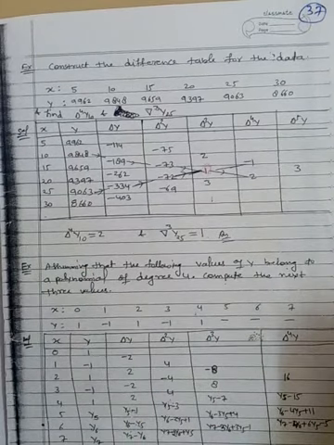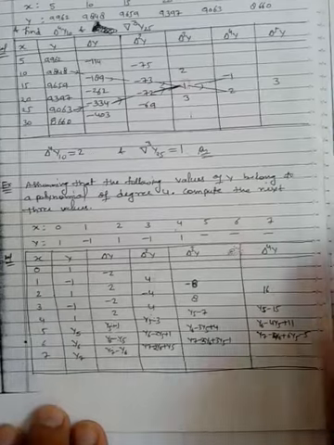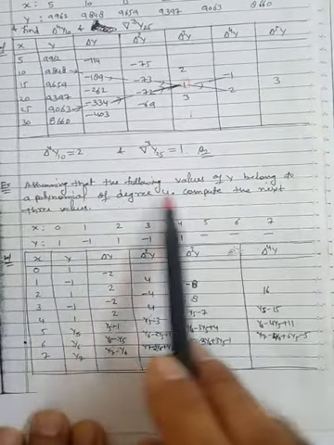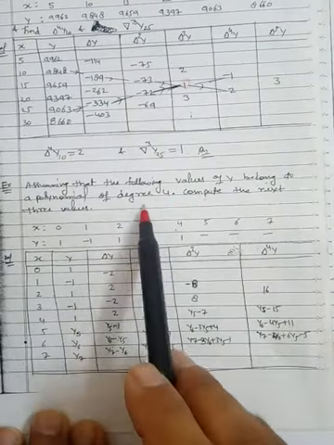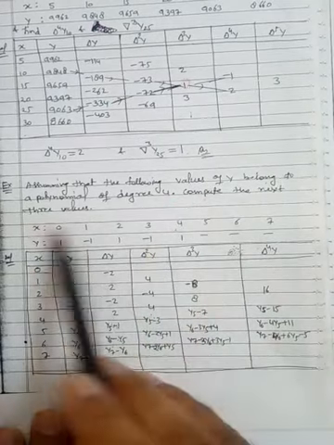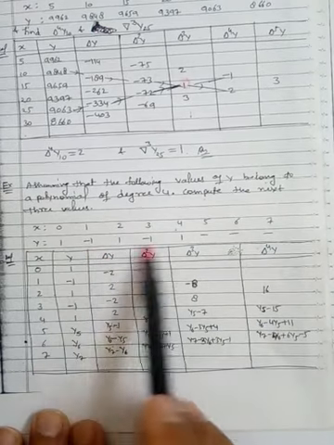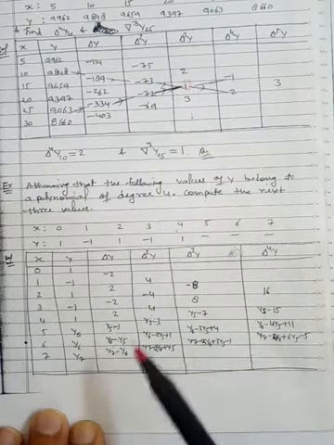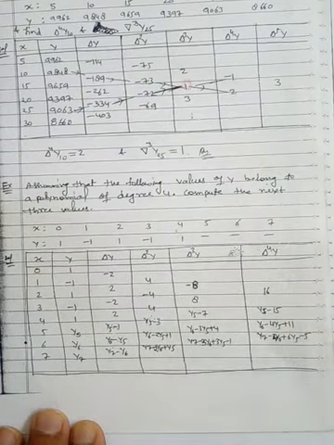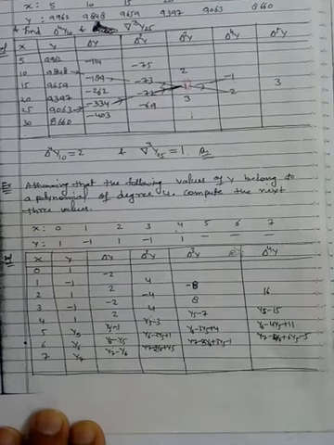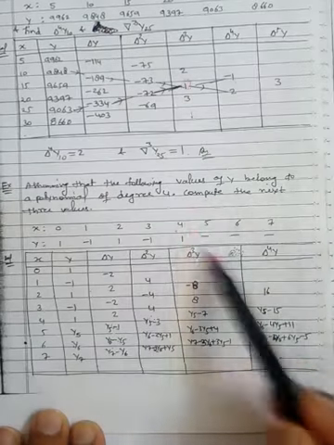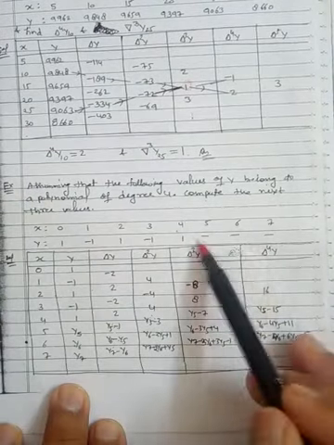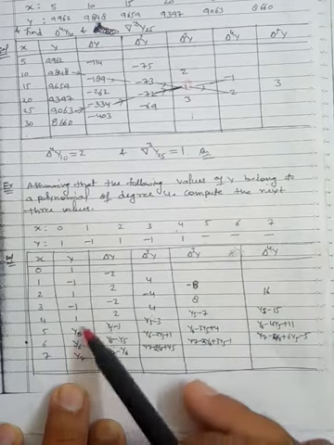Fine. So now the next example is evaluation of missing terms. Assume that the following values of y belong to a polynomial of degree 4. Compute the next three values. So here these values are given to you. The aim is to find these values, and since here we are not discussing extrapolation but interpolation, we have to consider these values in the table. So suppose here are y5, y6 and y7. These values are denoted by y5, y6 and y7, so they are listed here.